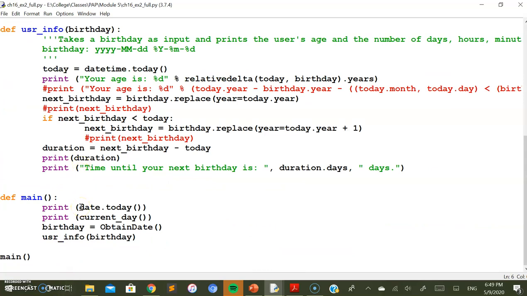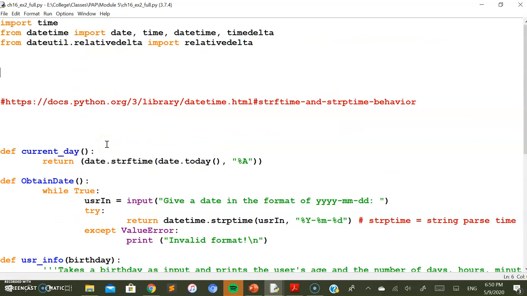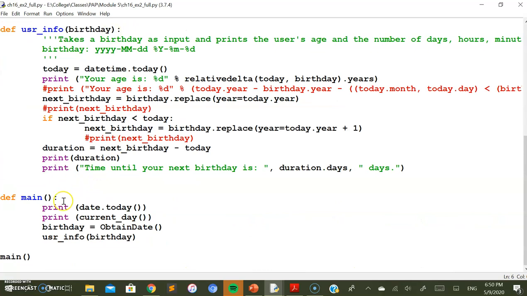What we are required to do as the first part of this exercise is get the day of the week today by reading the current date. For that, what has been done is date.today. As we have already seen, we have taken the datetime library, from which we have imported the date method. You can see we have used date directly, with the method known as today. This part will get you today's date, the current date, along with the time.